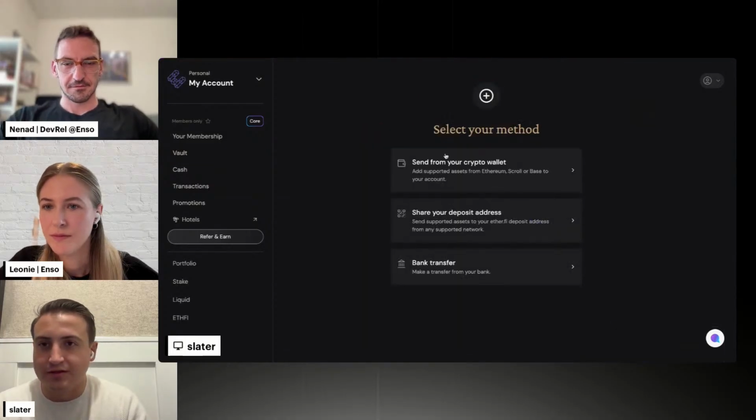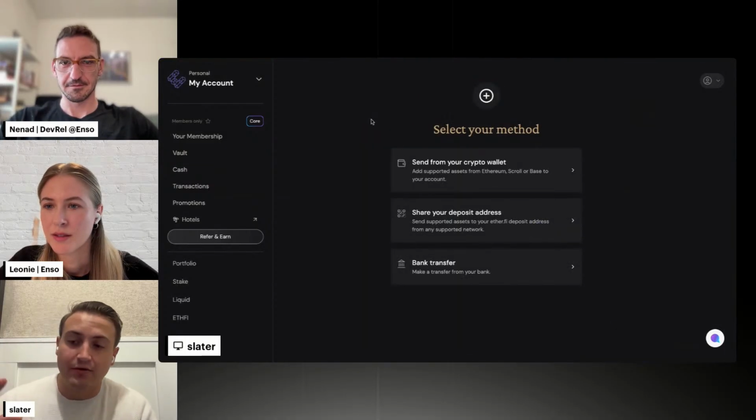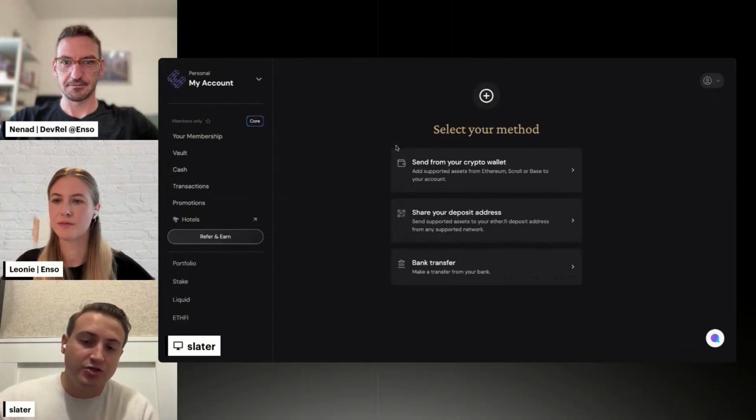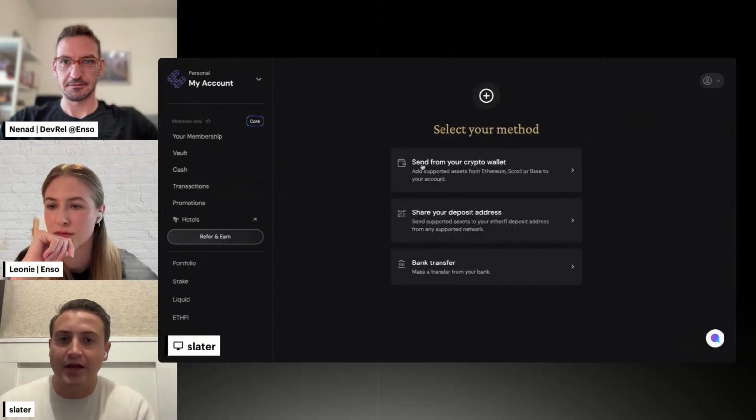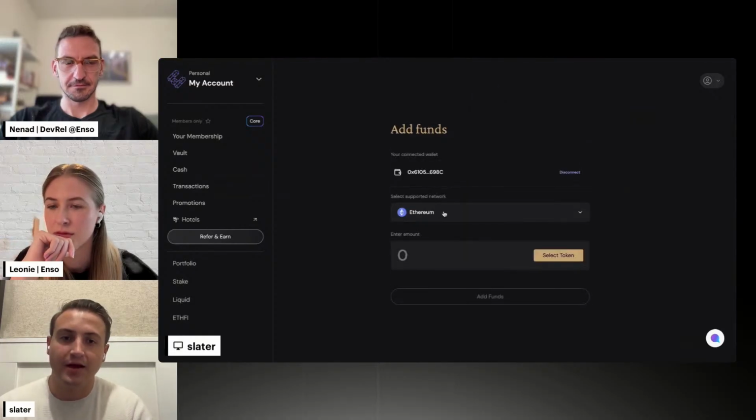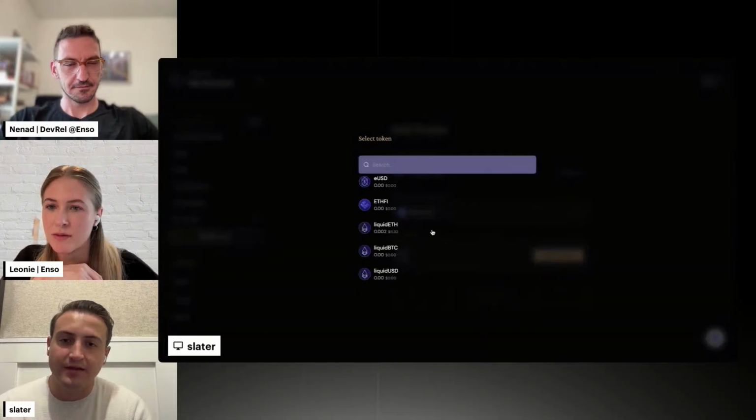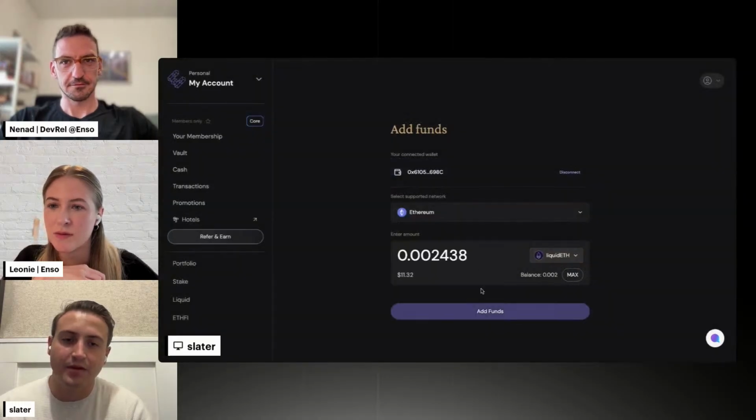So I wanted to demonstrate how easy it is to go from whatever asset it was, ETH, Bitcoin, whatever, swap that into liquid vaults. Now you're earning the highest rewards possible. And now, right from there, you can go ahead and take that asset and deposit it into your vault.